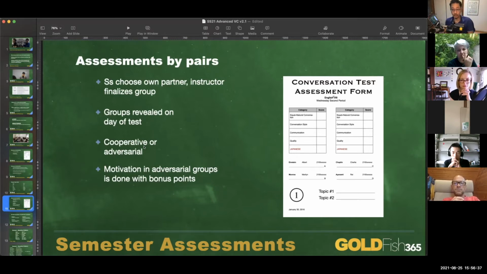In the second semester, you can make it adversarial, which is these 2 having a casual debate with the other 2 on the topic that they've chosen, topic 1. And then again, I choose from topic 2. If topic 2 is sports, I say sports. The first pair sounds off and says, Fukuoka SoftBank Hawks are the best team in baseball. The other 2 have to play devil's advocate and say, no, they're not, and come up with a whole bunch of reasons why. So it can be either adversarial or cooperative.